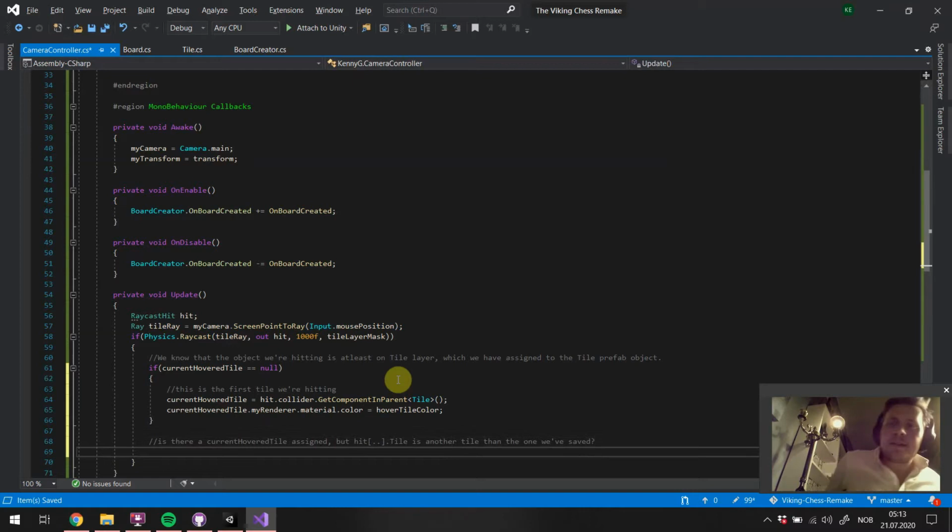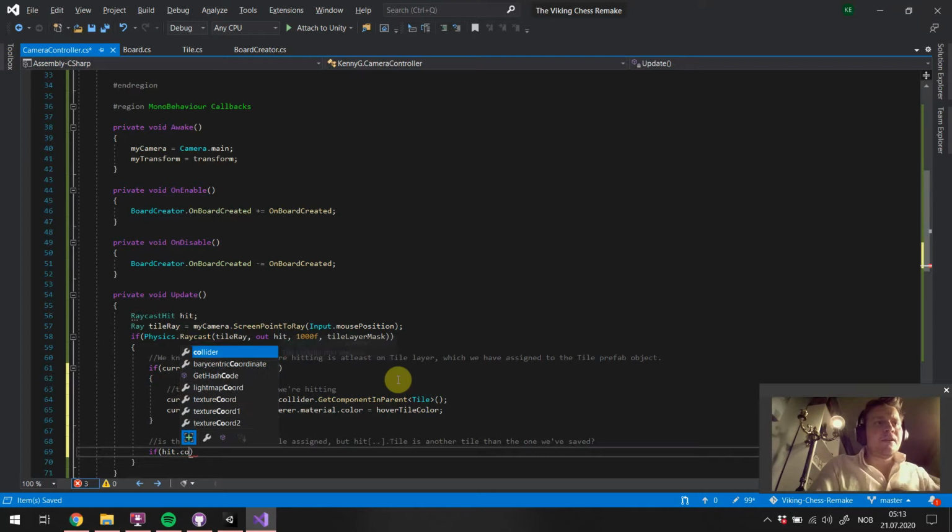Then we need to reset the current hover tile back to the start color, and then we're gonna have to reassign current hover tile to the new guy. So if hit dot collider,